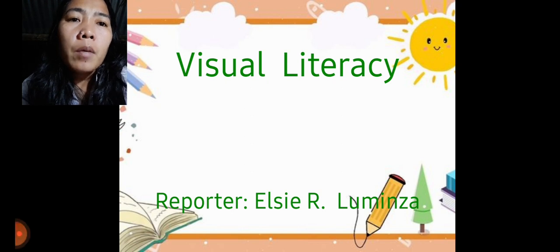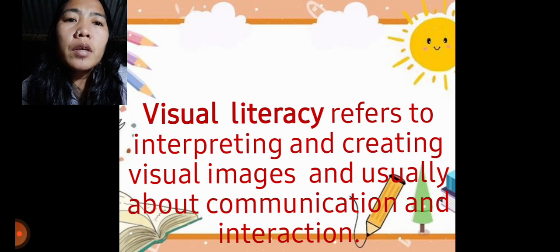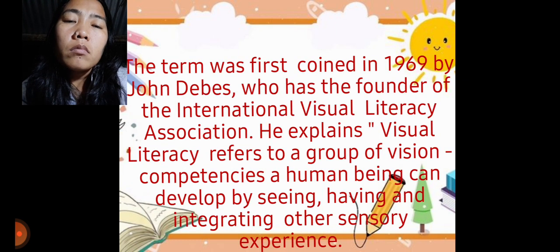My topic is all about visual literacy. Visual literacy refers to interpreting and creating visual images, and is usually about communication and interaction. So through the visual images that we see, we can create a visual literacy, because through those images you can communicate and interact. The term was first coined in 1969 by John Davis, who was the founder of the International